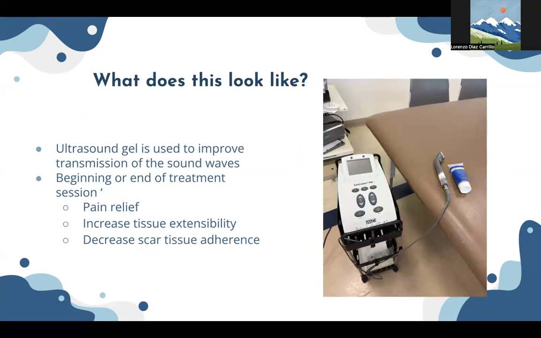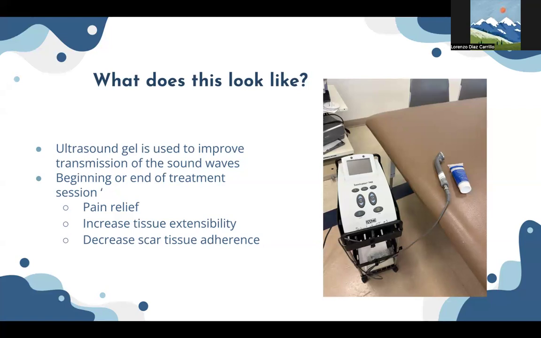I've used it a lot for patients with carpal tunnel syndrome or De Quervain's, over that first dorsal compartment. But essentially, you use ultrasound gel to improve the transmission of the sound waves, which is that little bottle on the right. And you can do it at the beginning or end, or even both, of the treatment session for pain relief, increasing tissue extensibility, and that is also really great for decreasing scar tissue